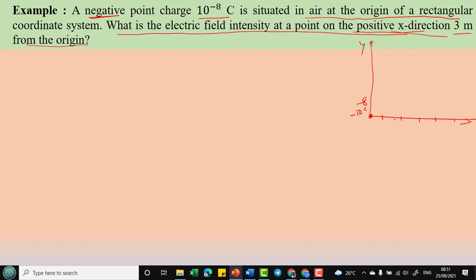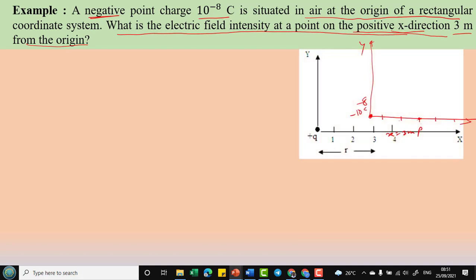3 मीटर, ये 1 मीटर 2 मीटर 3 मीटर, 3 मीटर पे यहाँ से ओरिजिन से हमको फाइंड करना है कि इंटेंसिटी ऑफ इलेक्ट्रिक फील्ड यहाँ पे कितनी है. लेट अस से दिस इज द पॉइंट P. दिस इज x और r इज इक्वल टू 3 मीटर. ठीक, सो दैट इज वी हैव टू फाइंड. सो लेट अस ट्राई टू फाइंड दैट.